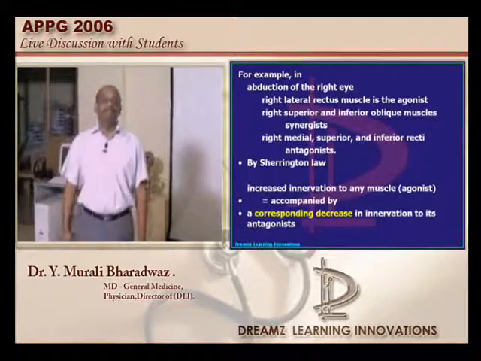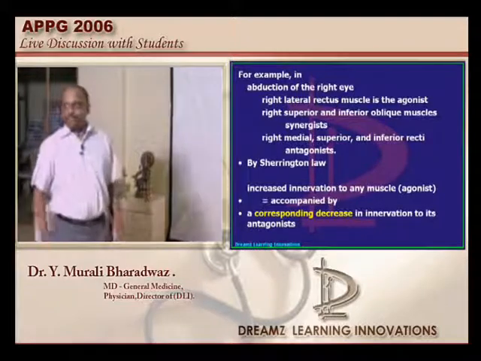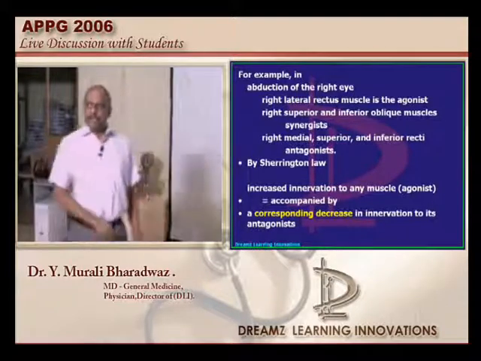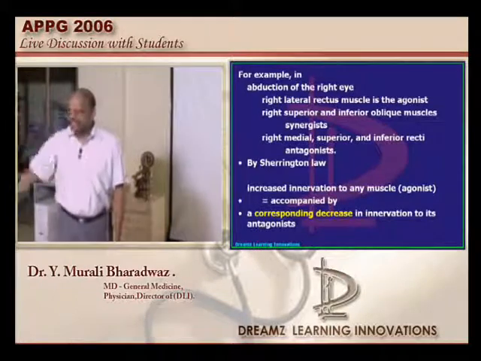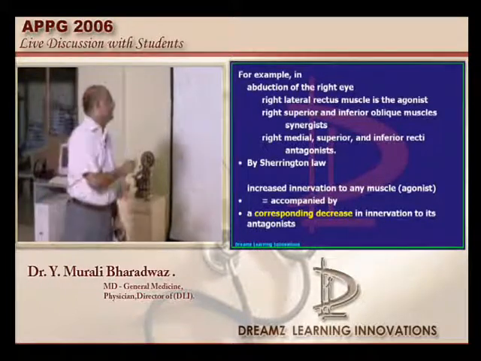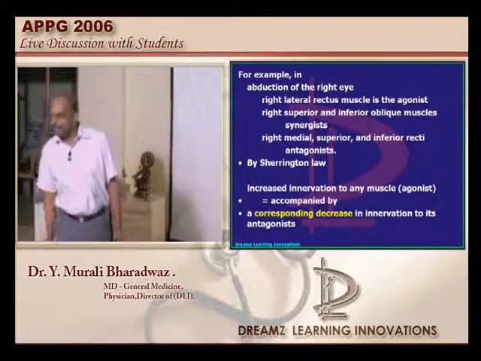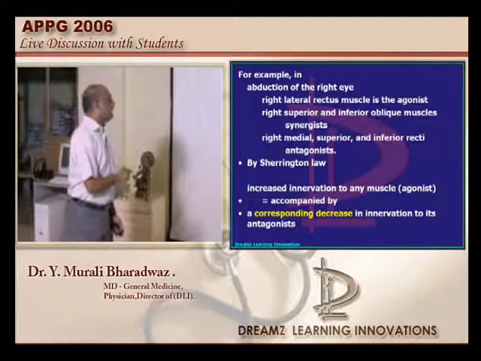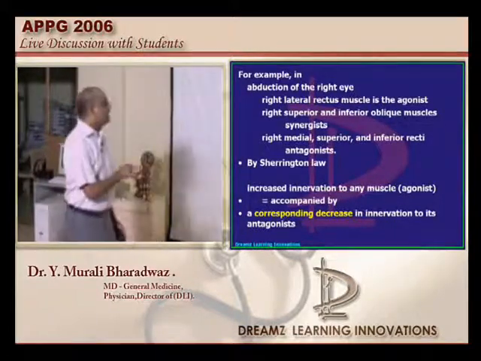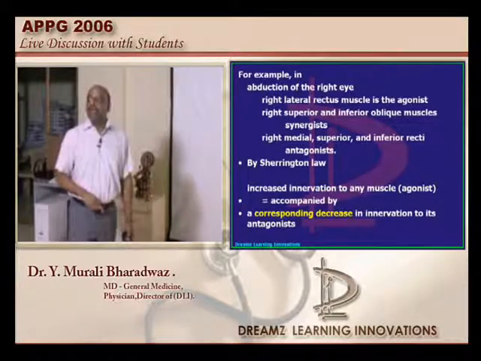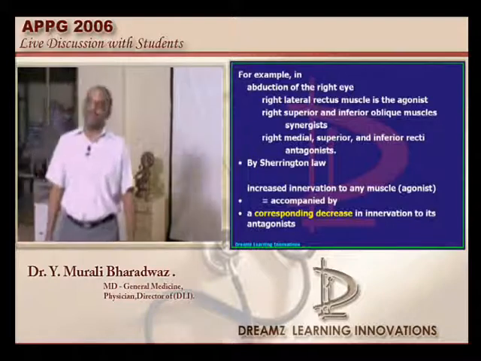in the same eye. So, the right superior and the inferior oblique, what is the function of the right superior rectus? Right superior rectus elevates, and inferior oblique will also cause elevation. But while they are doing so, their secondary action is to also cause abduction. Hence they act like the synergists. And the right superior and the inferior rectus, they're all considered to be the antagonists in the same eye, is what I want to underscore to all of you.